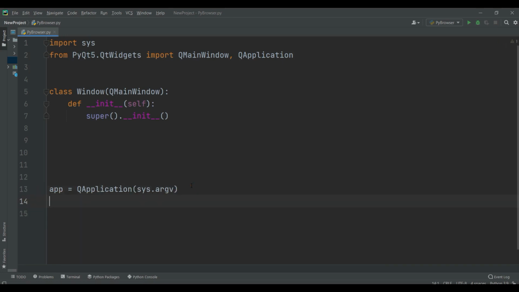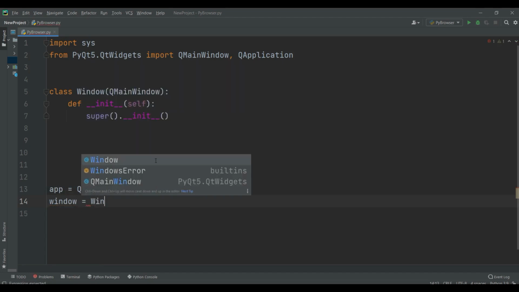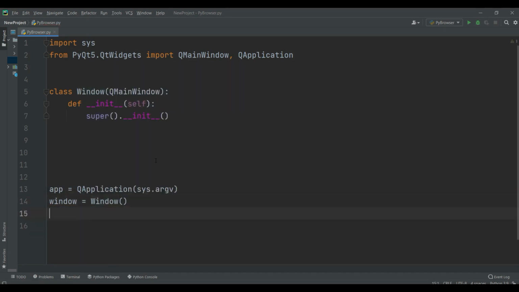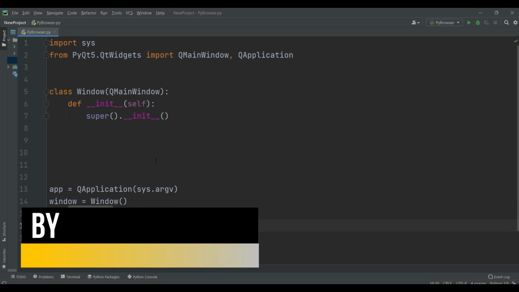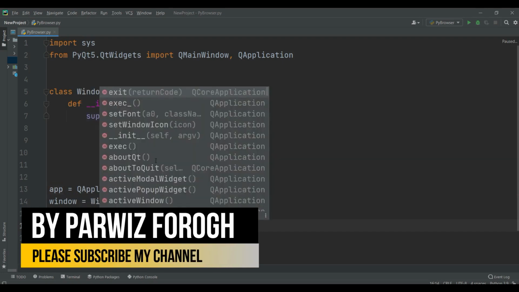And after doing this, we need to create the object of this window class that we have created. So we can just say window = Window(), and after that we need to show our window. So we can just say window.show() like this. And now we can just start our loop. So sys.exit, and we can just say app.exec_()